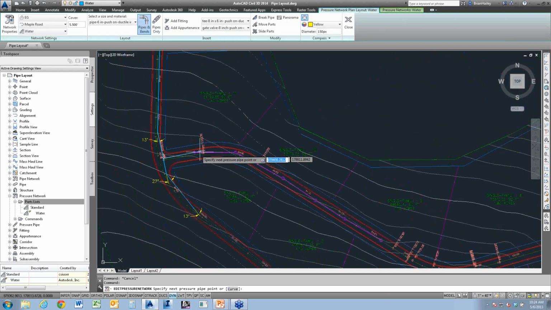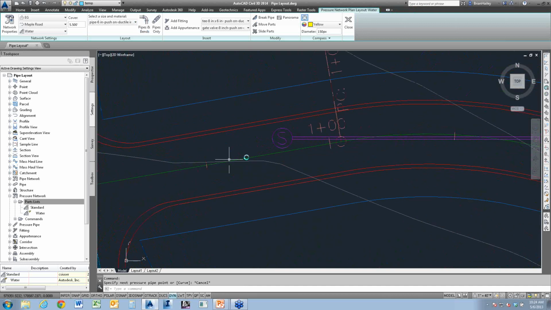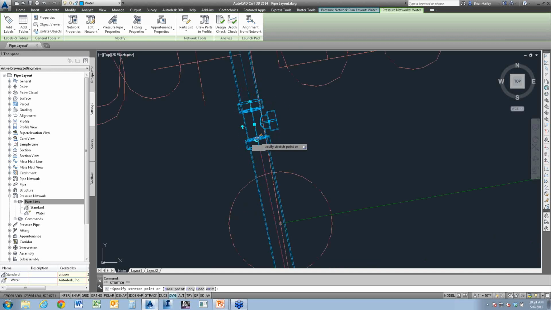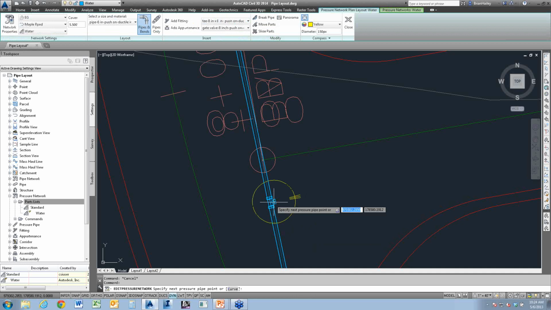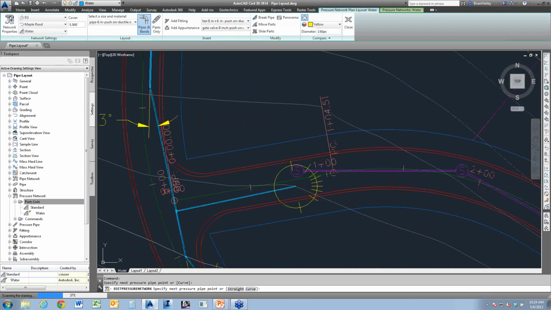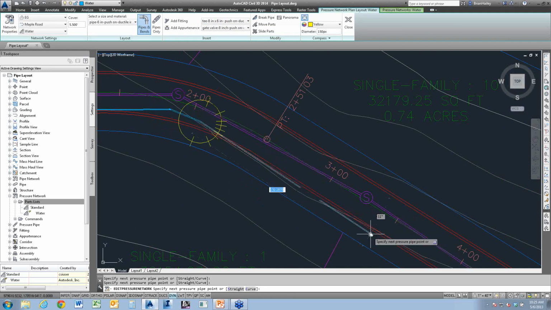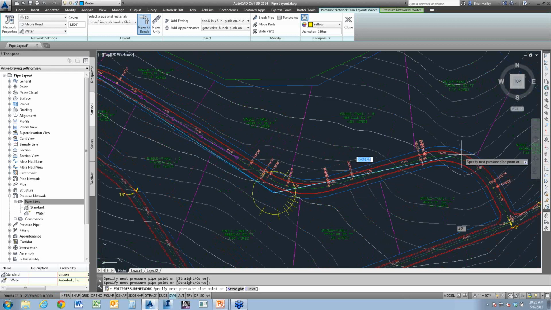I probably should have put that on the other side of the alignment because the sanitary sewer is in the way, right? Not a big deal. I grab that T, and using these little slide grips, I can slide this along the pipe. I want to slide it to about there. And now I can start drafting off here. I'll come up to here, I'll put in a bend, and as you can see, it'd be nice to be able to put in some of those other deflections. I'm just going to eyeball something here. It's not going to be real pretty, but I just want to put something in.